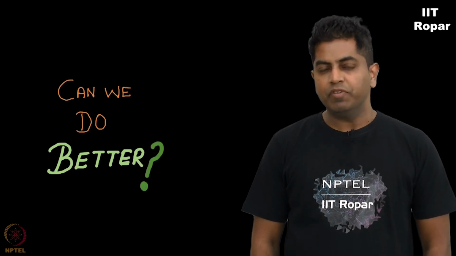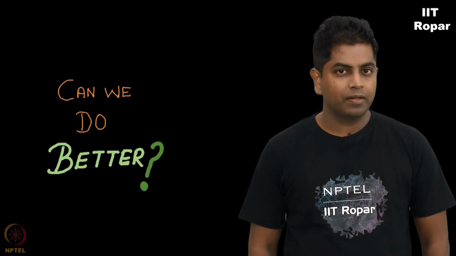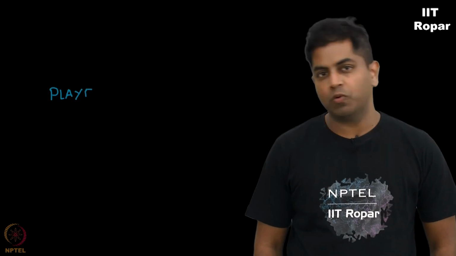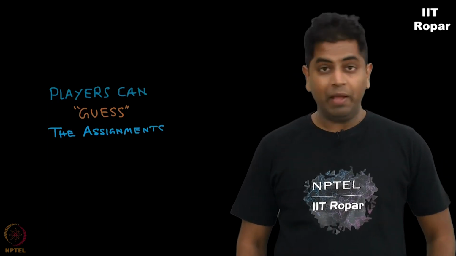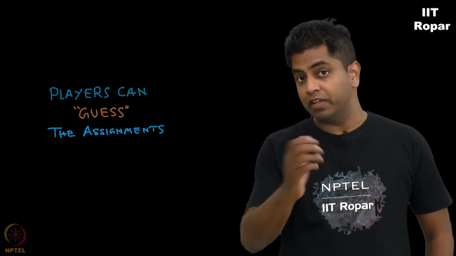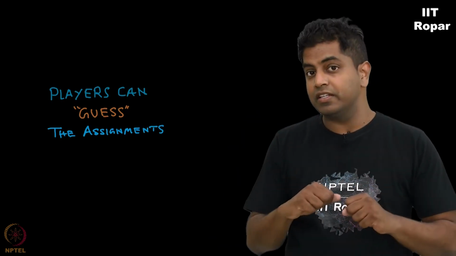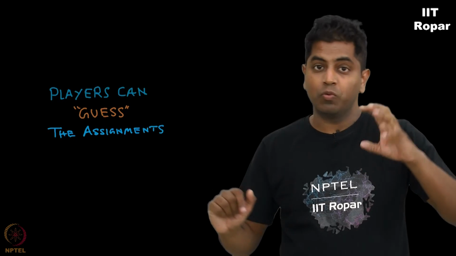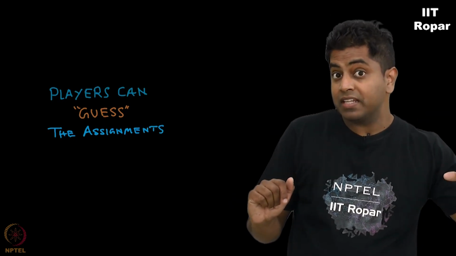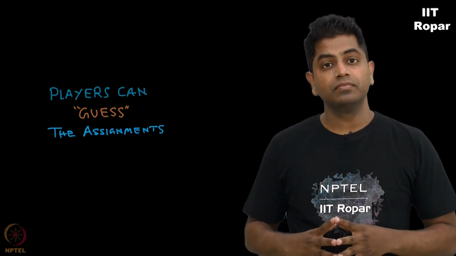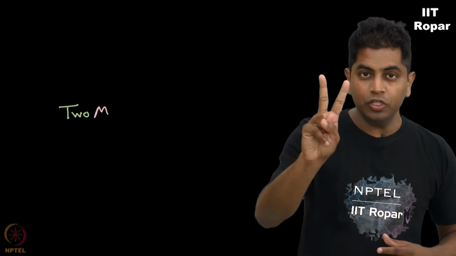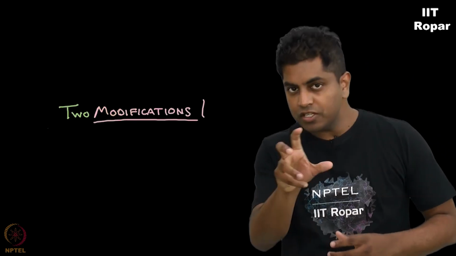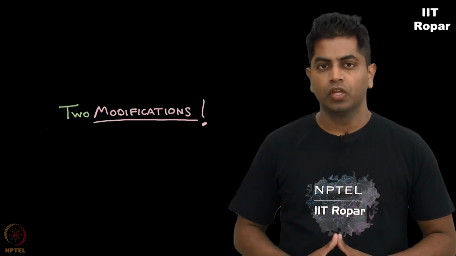You see, with a lot of intelligence, it looks like one person can guess what the other person is choosing. It looks like it, although I'm not so sure. You should tell me whether with some amount of intelligence, one player can guess what the other player's secret placeholder is. So let us make this game a lot more complicated. I'm going to bring in two new changes to the game. So change 1.